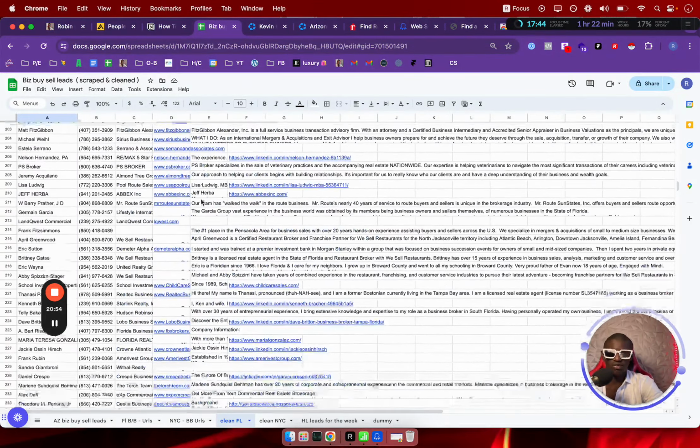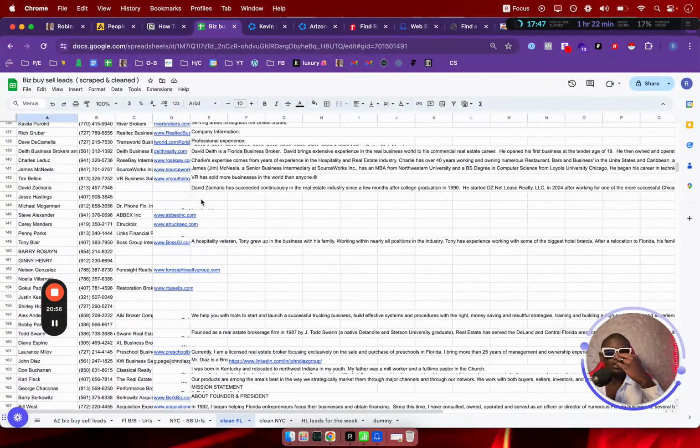It's beneficial, saves you a lot of time, a lot of money, a lot of headaches. Just need a directory and information. With that being said, this is